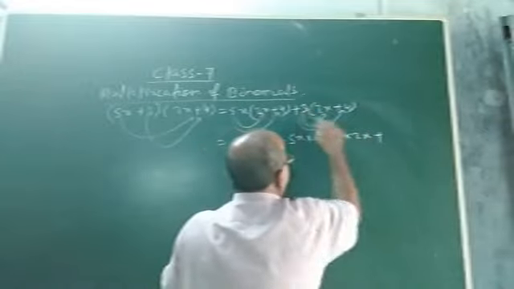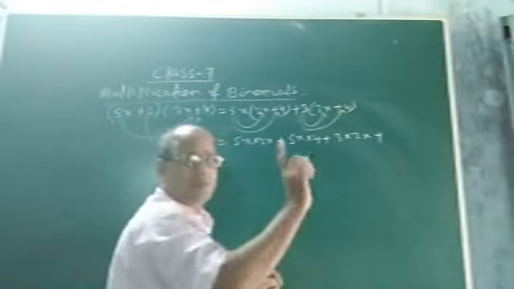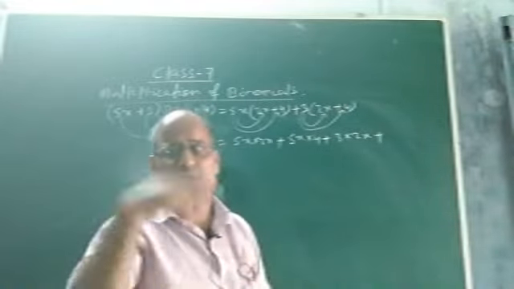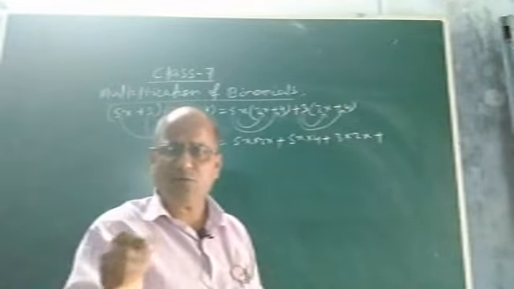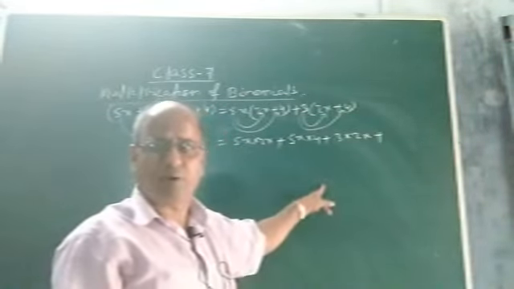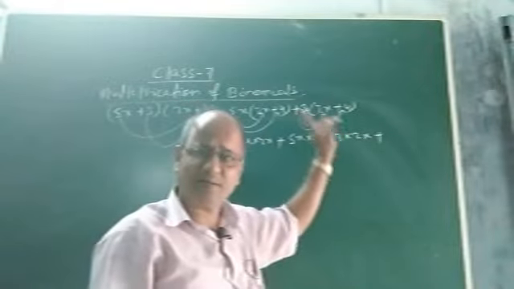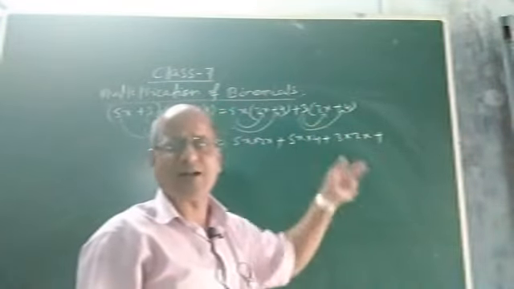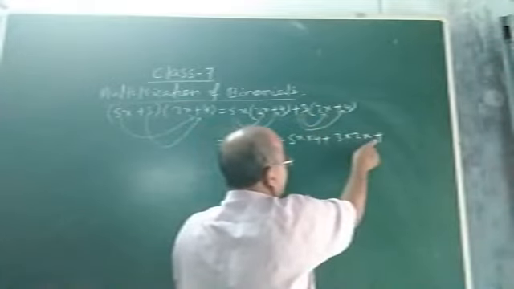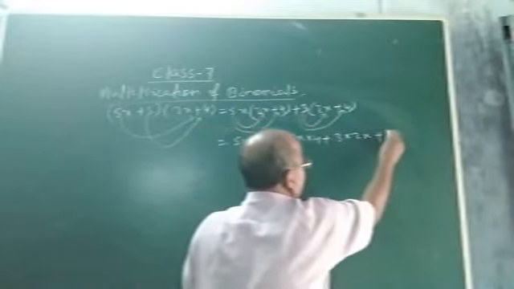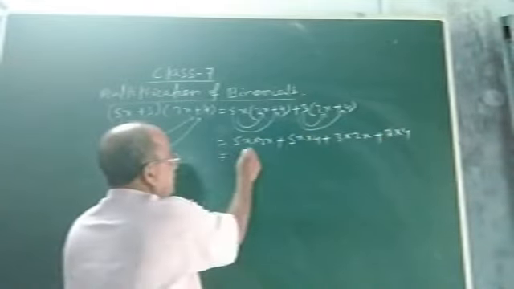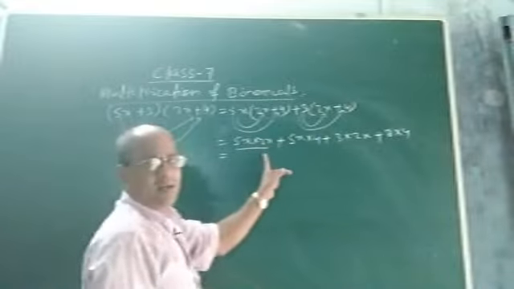Then plus. Here it is plus, here it is plus. First multiply the sign. Children, you know in the integer chapter, when we were multiplying two or more integers, what we were doing? First we were multiplying their sign and then the numbers. The same thing will be followed here also. First you will multiply the sign, then the constant, and then the variable. See, here it is plus, here it is plus. So plus plus is plus, then 3 into 4. You see, 3 into 4. Now you can easily multiply these two because they are monomials.